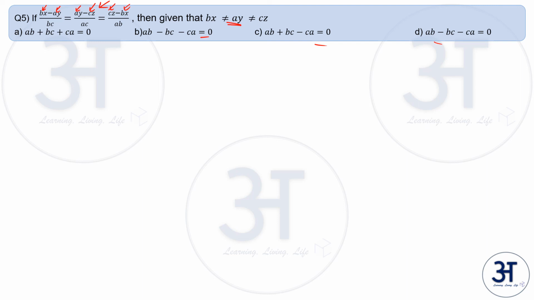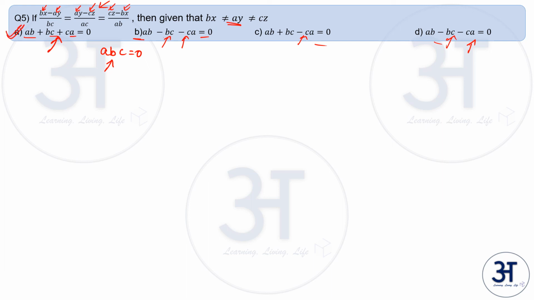So the answer should be in such a way that all the 3 terms are equal. Say if in my option there is something like a, b, c equal to 0, then I may have to worry, because in this case a, b, c are equally divided in the option. So in option A also, ab, bc and ca are equally divided. But if you see in option B, 2 of them have an undue advantage. Here also one has an undue advantage and 2 of them have undue advantage. So the option is clearly A.